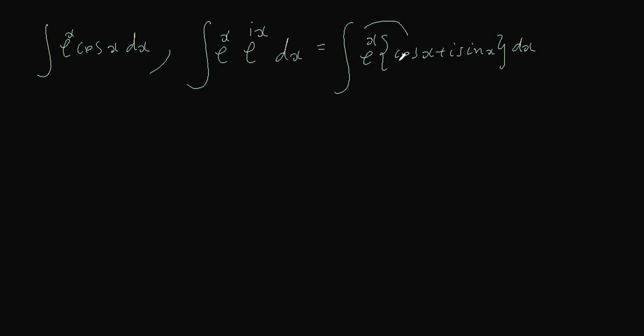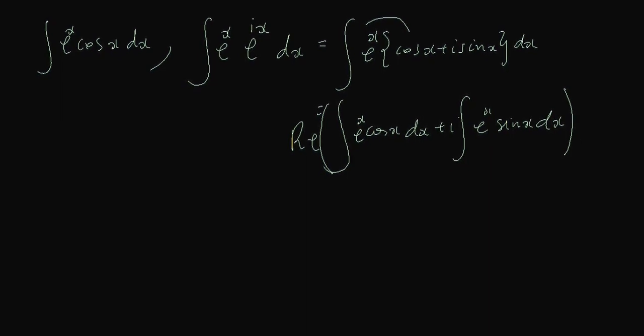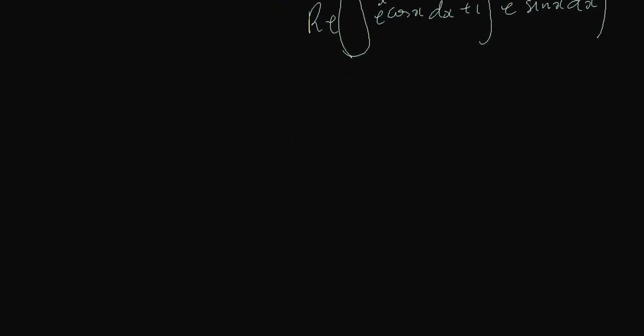We're looking for the real part here. So this is equal to the integral of e to the x cosine x dx plus i times the integral of e to the x sine x dx. So what we want is the real part of this. Okay? So we want the real part of the result. So that means